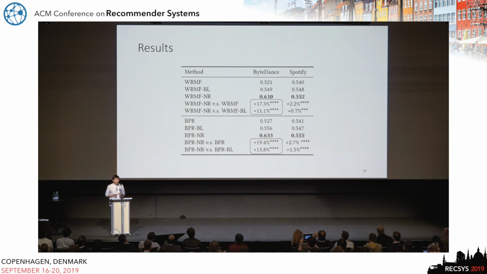This is the evaluation on both datasets. First, we see that compared to the base model and baseline extension, there is a huge improvement when you explicitly learn from the negative user feedback introduced by post-click interactions. Overall, for example, when comparing Bayesian personalized ranking with negative weighting versus the base model, we have a 90.4% improvement.